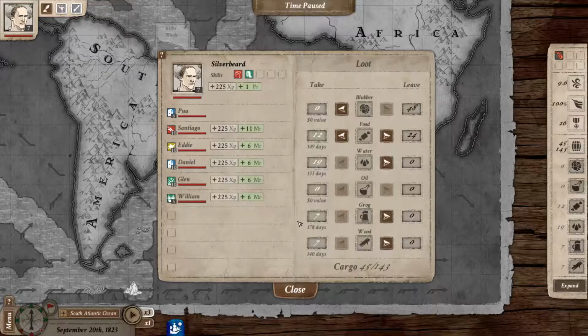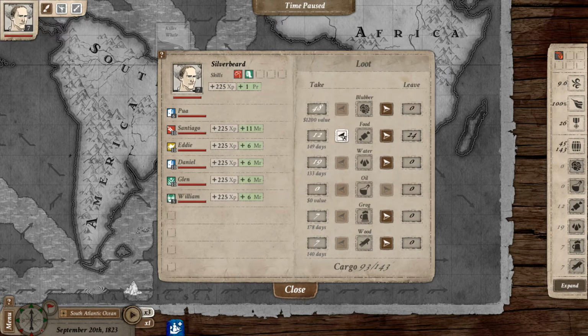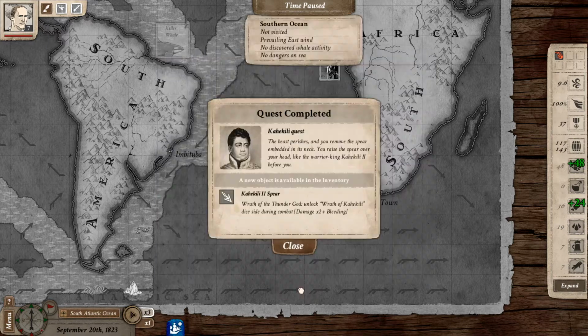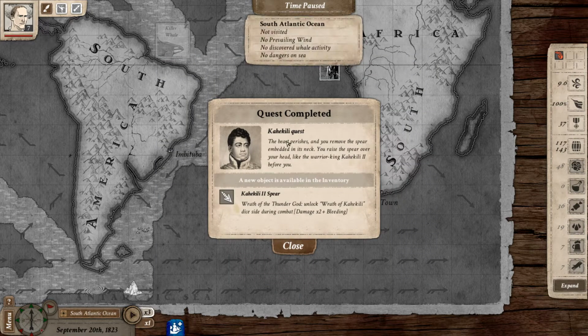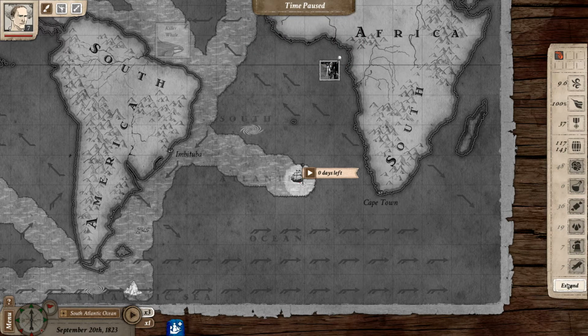Stun resistance victory, and of course we got a nice lot of food and blubber, and obviously we got the Kalakiki spear. Wrath of Thunder God unlocks the Wrath of Kalakiki. Deals side damage during combat, damage 2 times plus bleeding. I think. Well, we can see. Let's check who's...